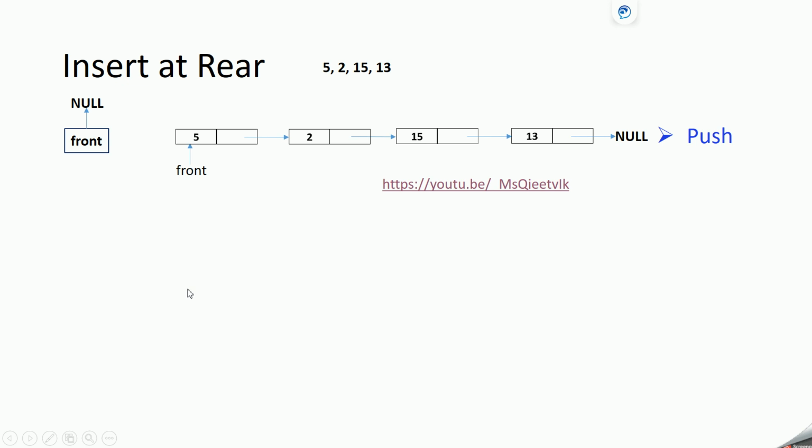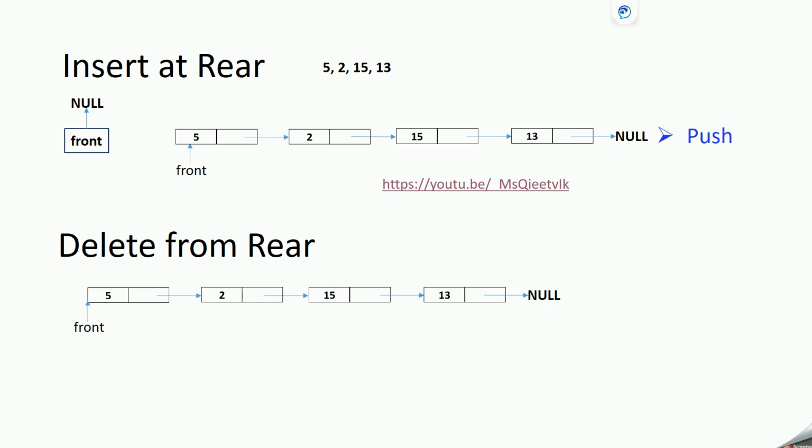Now let's see how you can delete an element from the end of a linked list. Okay, so we have given a linked list like this and we have to delete the element from the end, that is this 13 has to be deleted first. So we'll take this 13 and we'll delete. So now the linked list will become like this. So now 15 is the end of a linked list. Okay, so this is called pop operation. So deleting element from the linked list, we can tell it as it is a pop operation.